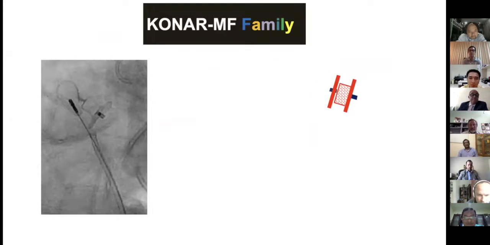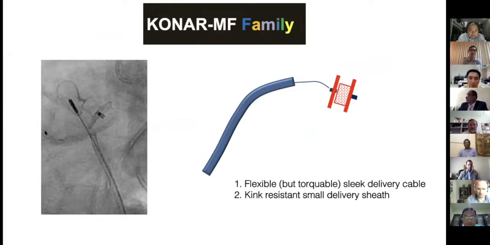But even if we have a very good family, we also need a good delivery system. As you can appreciate here, the cable is quite sleek, but it's a bit rigid. So sometimes it may cause a problem because we cannot deploy the device very nicely, and we don't know exactly how it behaves after we release the device. If we can use a cable which is flexible enough and does not put much tension on the device, then we can even expand the potential for this device